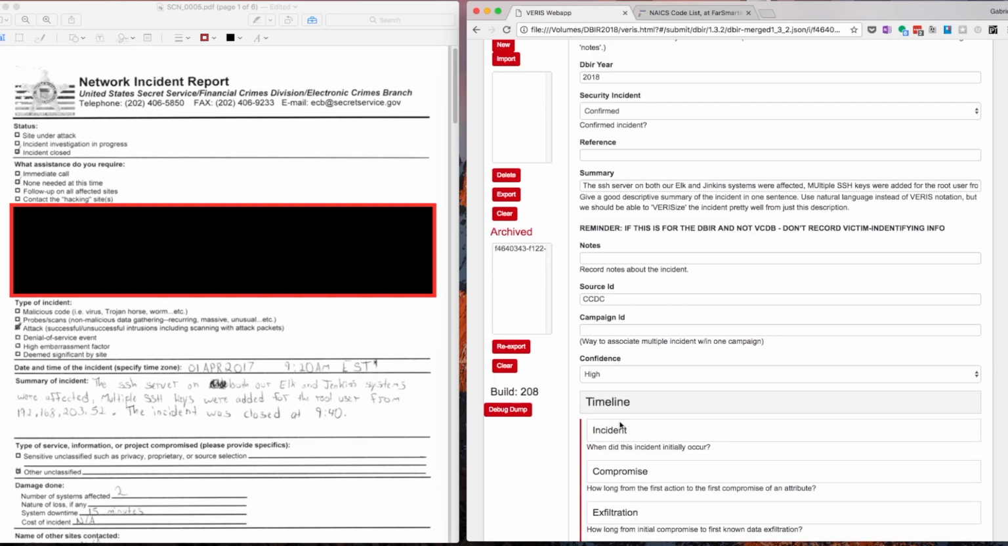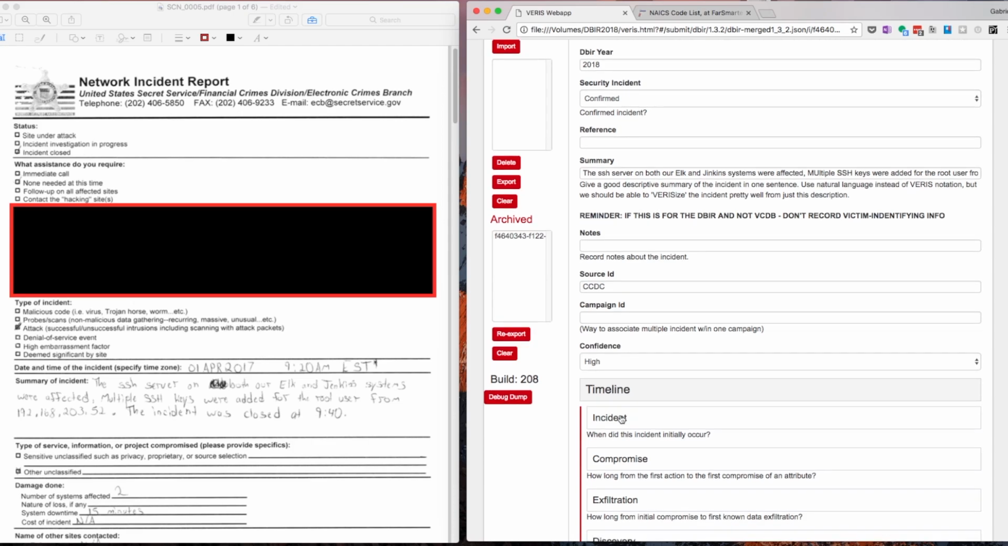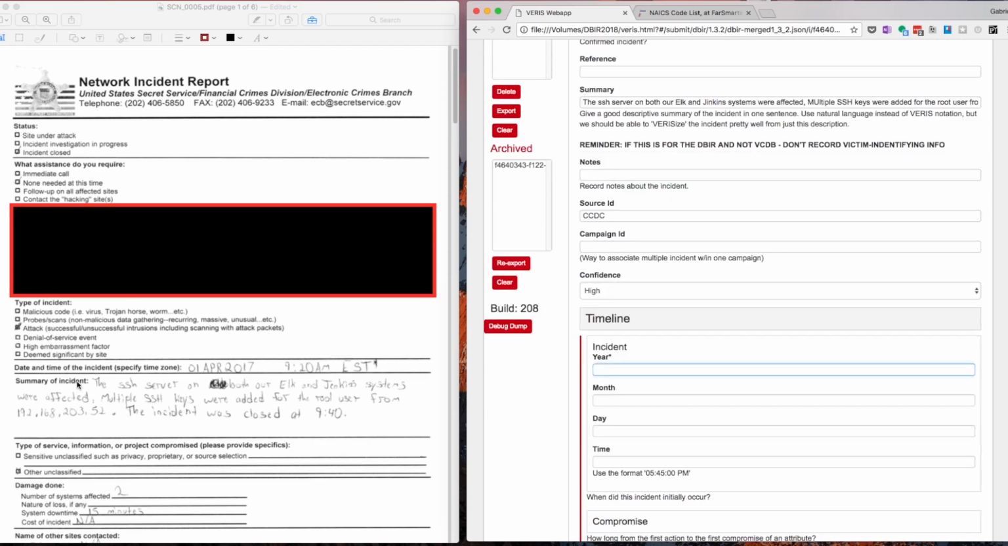And we're going to start with the incident timeline. And we'll start with just the date and time of the incident. And this is really whatever the timestamp is you have for when you worked the incident. So 2017, 4/1, 9:20